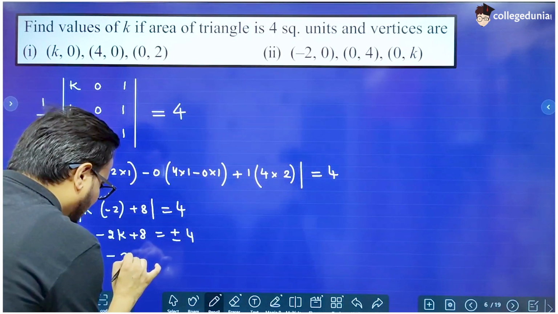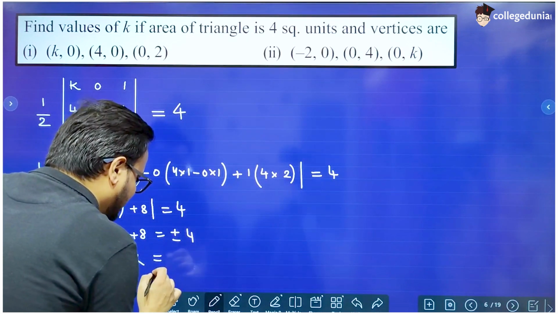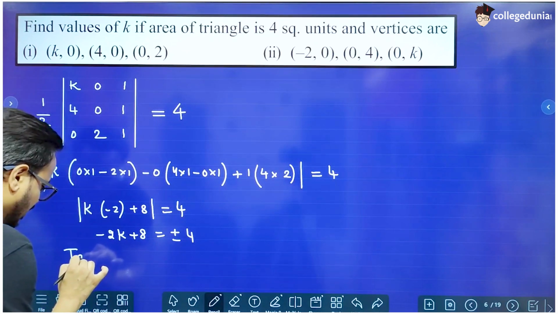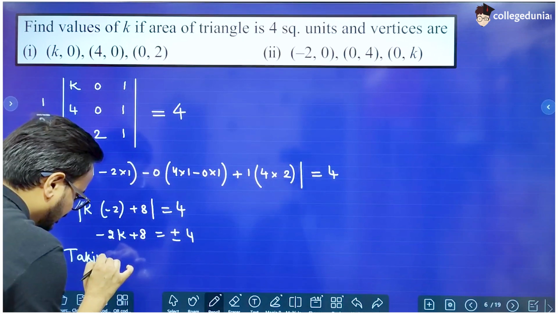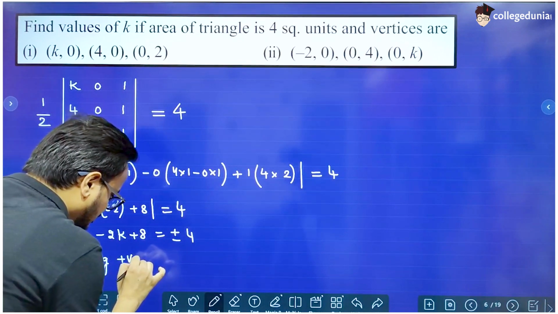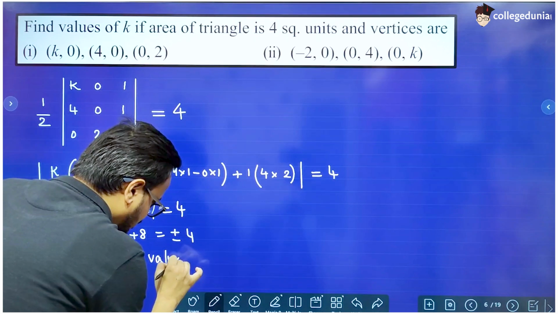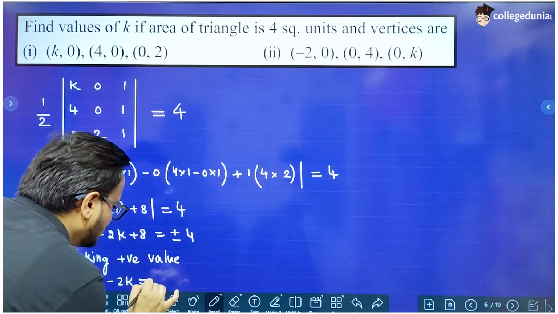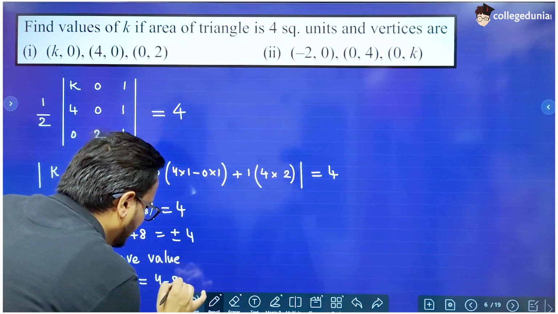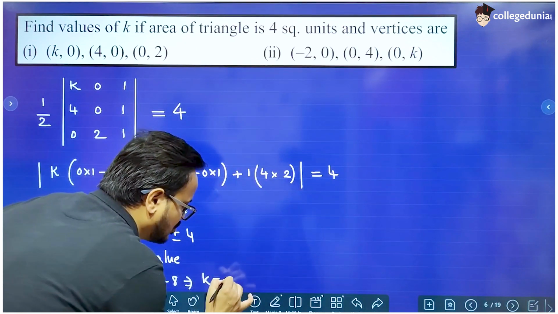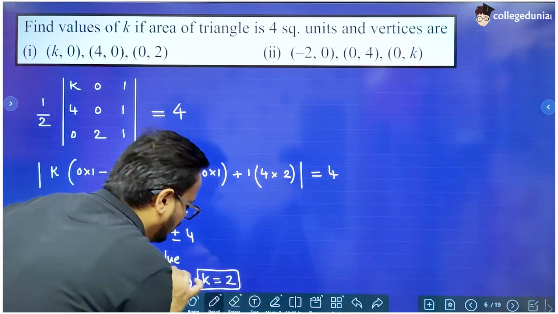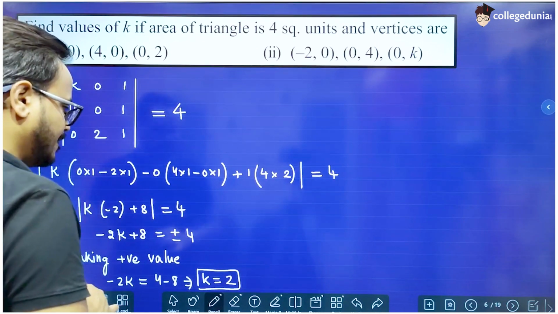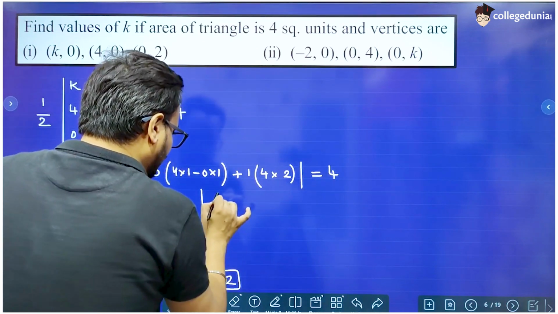So minus 2k plus 8 equal to, now let's take the positive value first. We got minus 2k is 4 minus 8, which is minus 4, which gives k as 2. So the possible value of k could be 2. Okay. Taking the negative value,